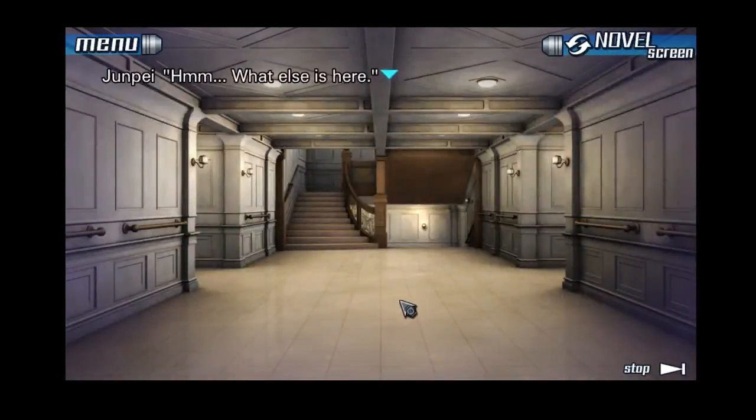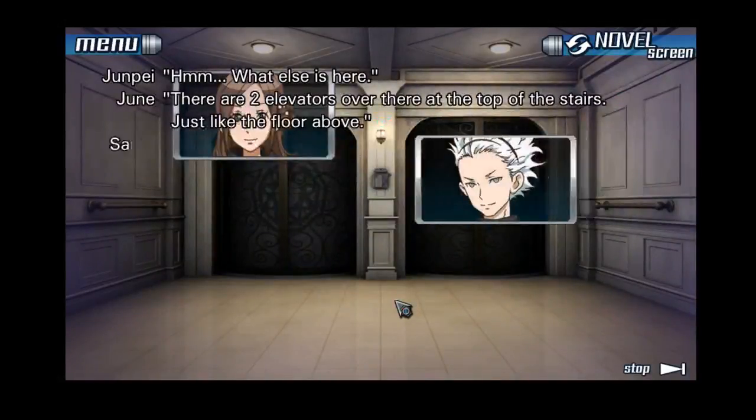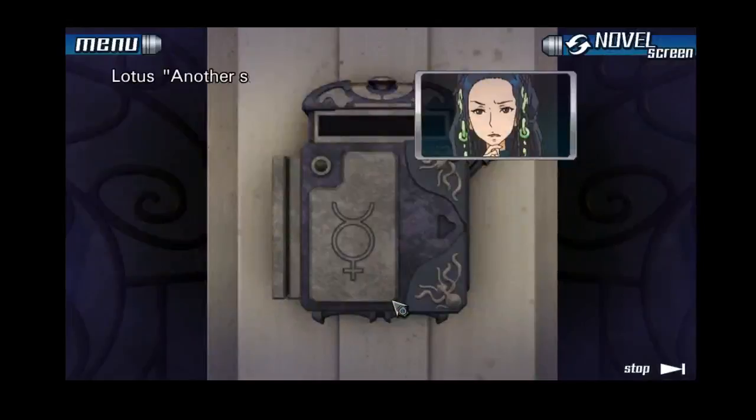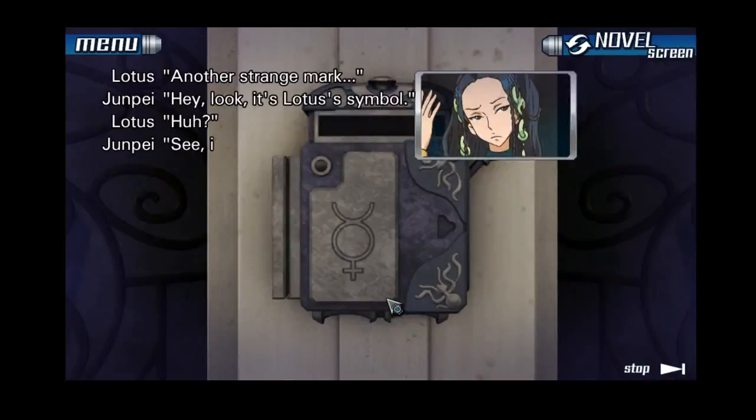What else is here? There are 2 elevators over there at the top of the stairs, just like the floor above. Hold on. These are kind of different. See? There's a card reader on the side. Another strange mark. Hey, look! It's Lotus's symbol. Huh? See? It's the woman symbol with horns on it. That seems like...